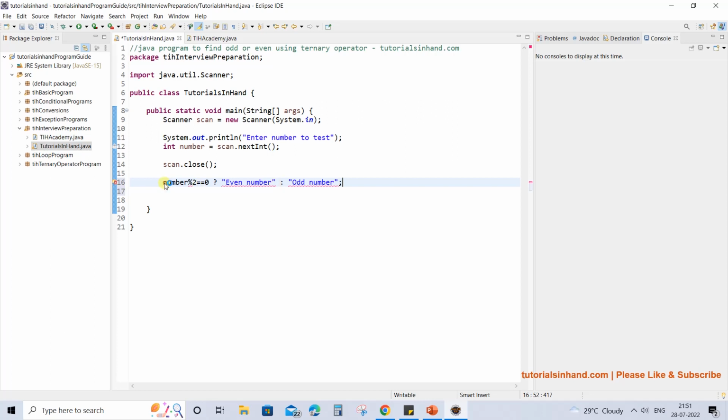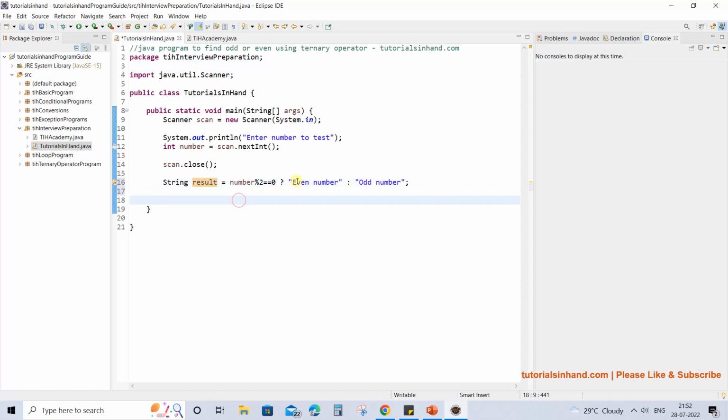So what is happening is, when we are writing this, this will return a result which is a string, either even number or odd number, right? So we have to store the result somewhere. So what we will do is, we will create one string variable result, and it will hold the values that will be returned after checking the condition. See, the error that was there disappeared because this will return something and someone needs to take that value. So now this string variable result will take the output that will be given by this complete ternary operator statement, right? This is where the ternary operator comes into effect, with this question mark and colon sign.